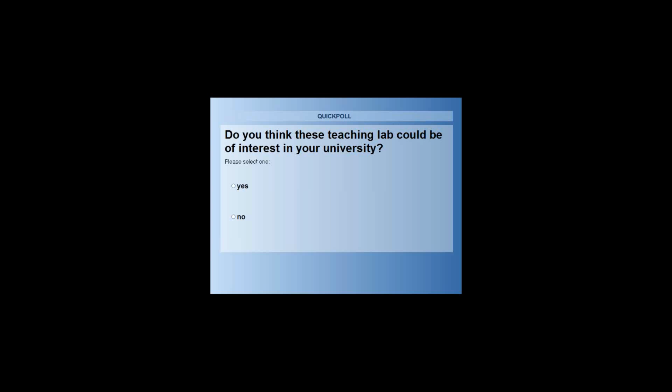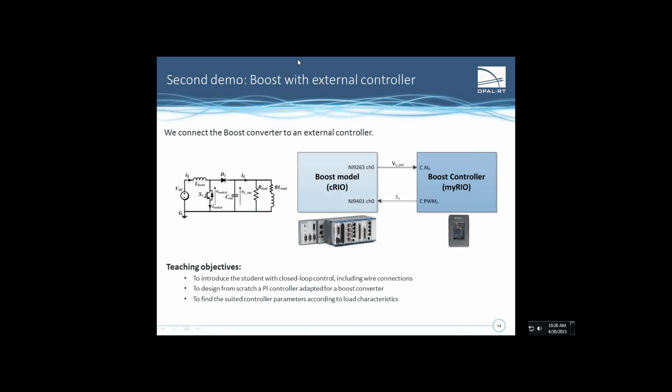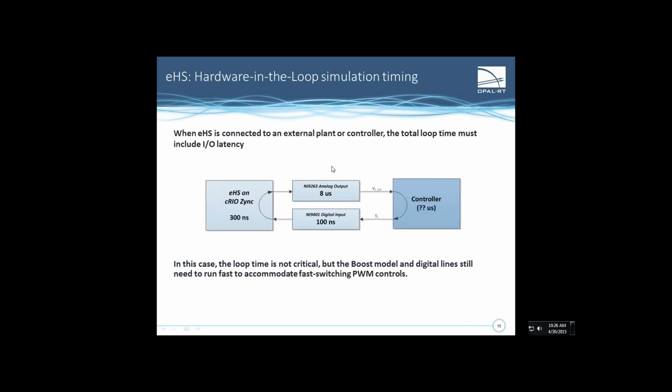If I go back to the presentation, this is just to explain again how this external controller was working. We have the load voltage as an analog output going from the Compact Rio to the myRIO, and the switch control was going from the myRIO to the Compact Rio through the digital signal. When you are doing such a closed loop